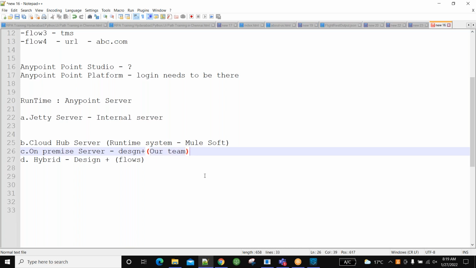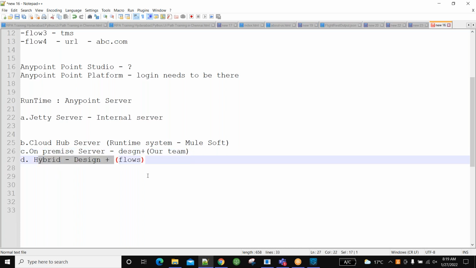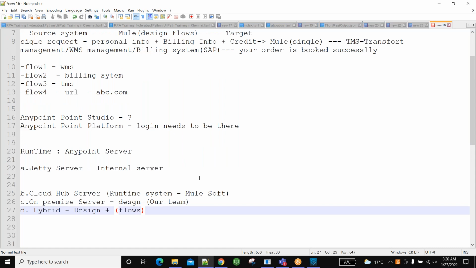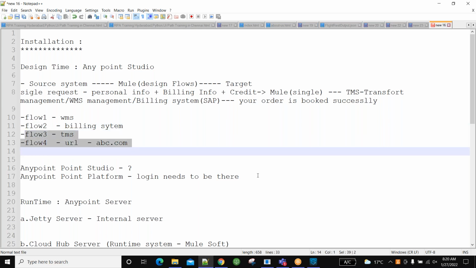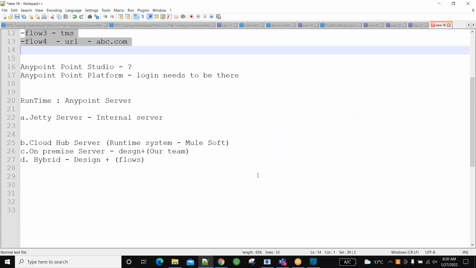The questions will fall on hybrid. Hybrid means half of the flows we deploy here and half we deploy there. Then how does the source system, when they put that request, work? Because among 4 flows, let me assume in our scenario, 2 flows we deploy on our systems, and the remaining 2 we deploy in Anypoint Platform.